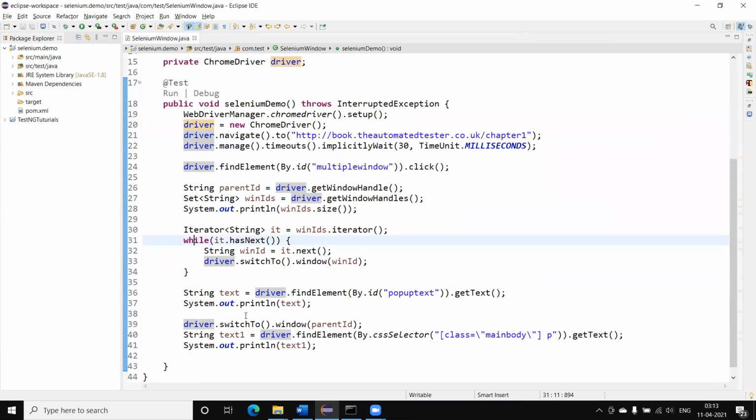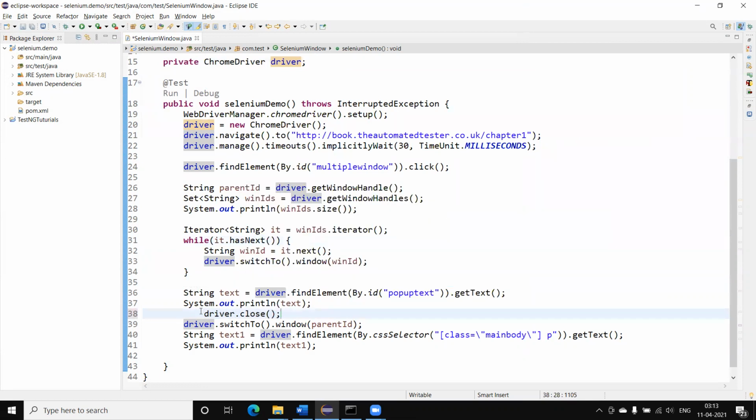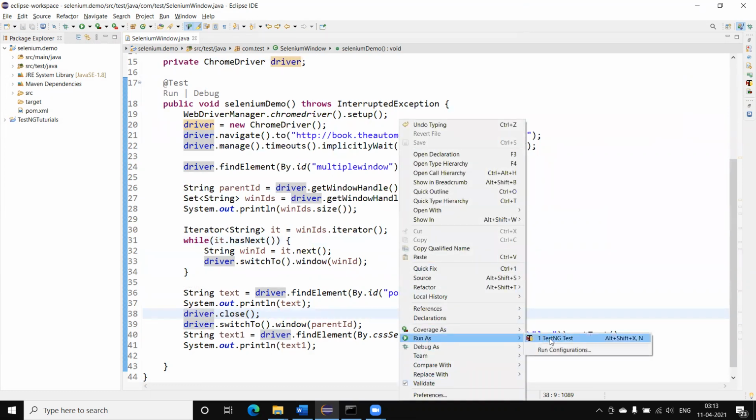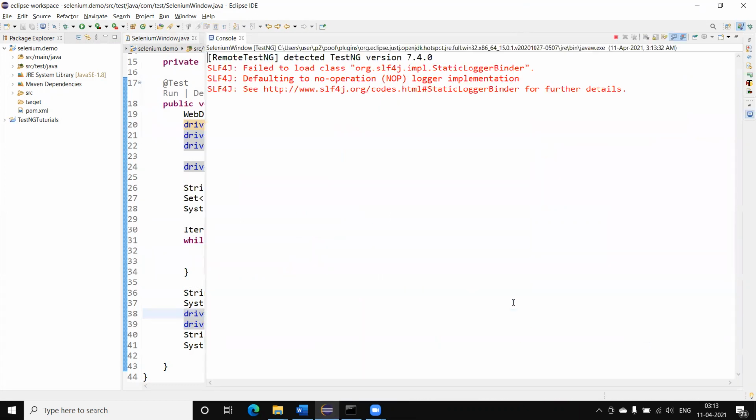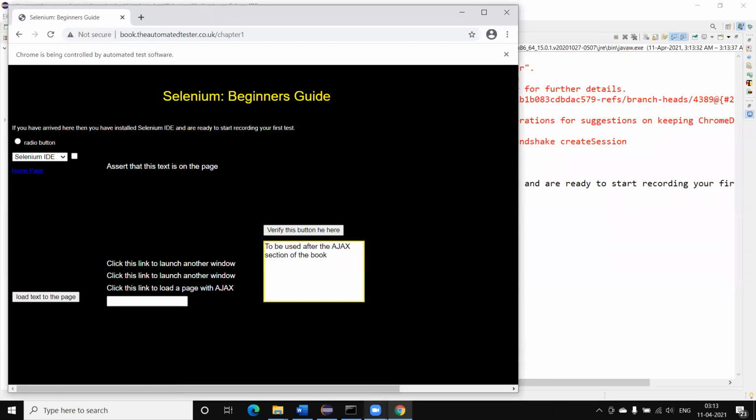In that case, we can call the driver.close method, like here. And then I'm going to run this. Now you can see the child window is automatically closed.